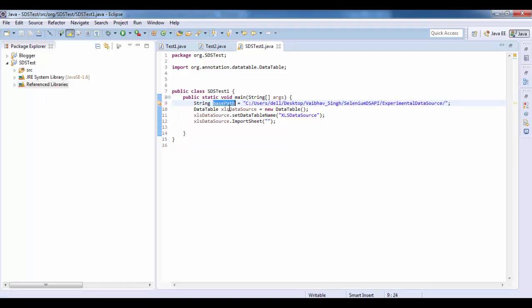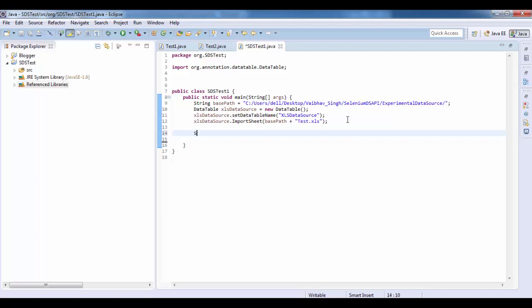This is my base path, and I will open my file name. My file name is test.xls. So here my file will be imported, and as I know that there are three columns in this,